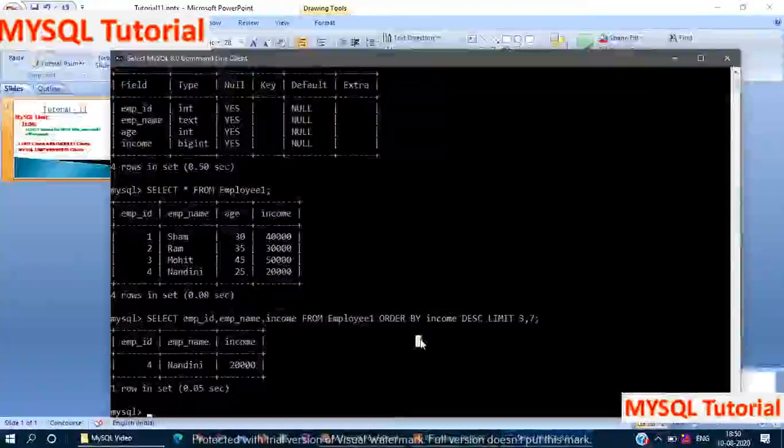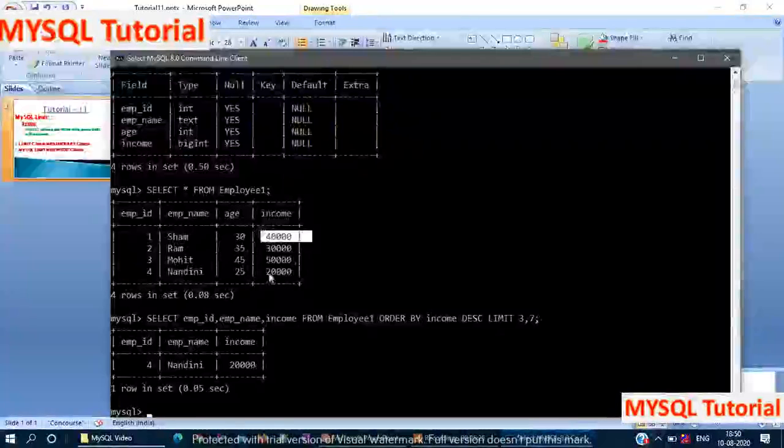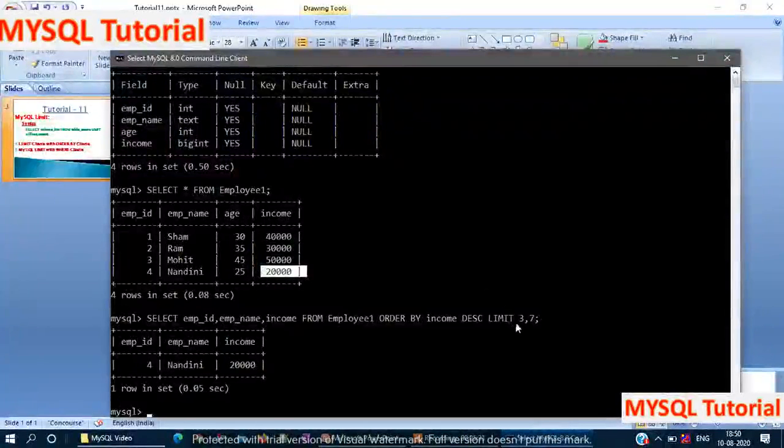Here you can see the employee income is sorted in descending order. That means this table is first sorted in descending order. The first record of employee income is 50,000, second is 40,000, third is 30,000 and fourth is 20,000, and it directly goes to 3 to 7.